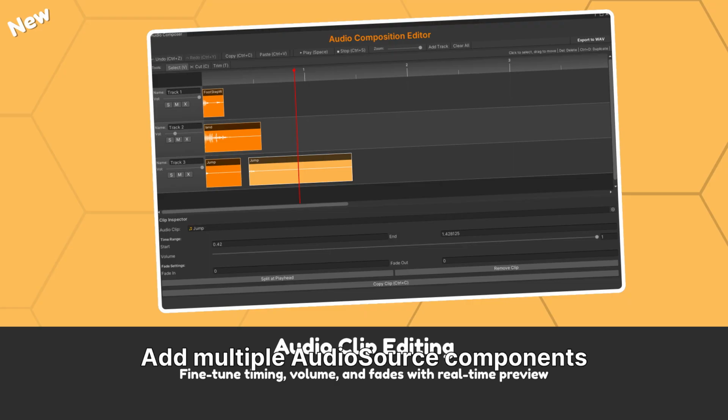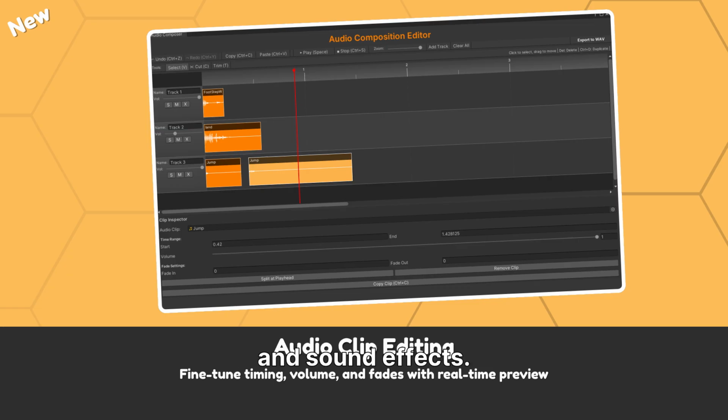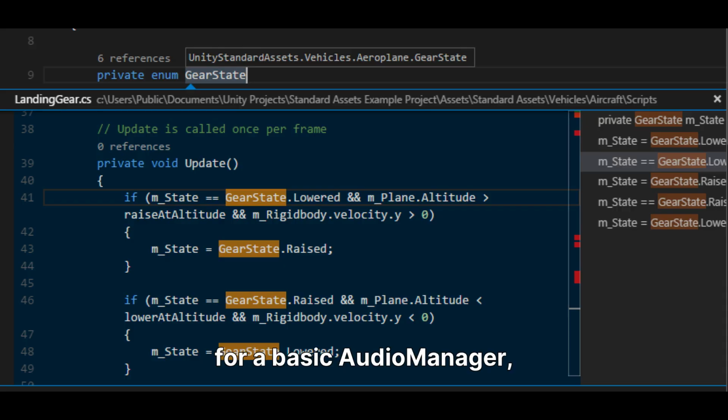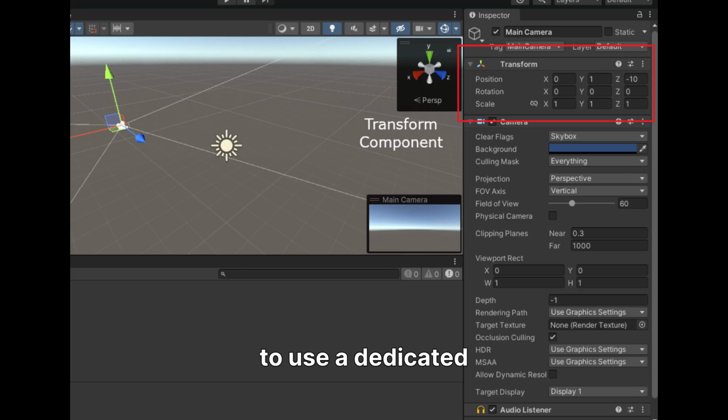Add multiple audio source components to the audio manager game object for different types of sounds, such as music and sound effects. Here's a code example for a basic audio manager, demonstrating how to play sound effects and music. A best practice is to use a dedicated scene for audio to manage it separately and adjust spatial blend to